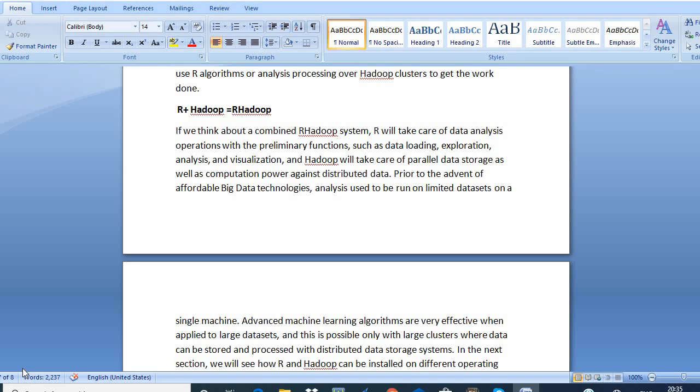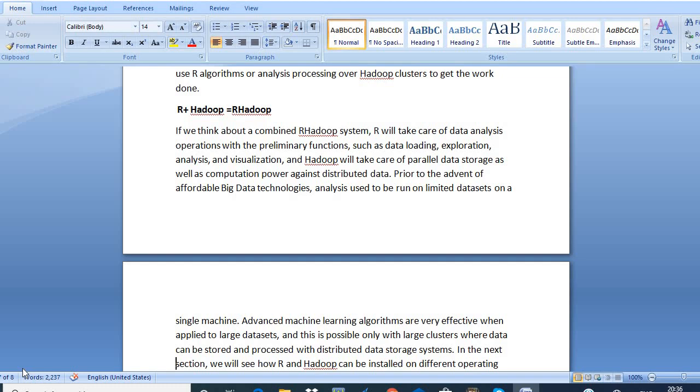If we think about a combined R Hadoop system, R will take care of the data analysis such as data loading, exploration, analysis and visualization. Hadoop will take care of parallel data storage as well as computation power against distributed data.